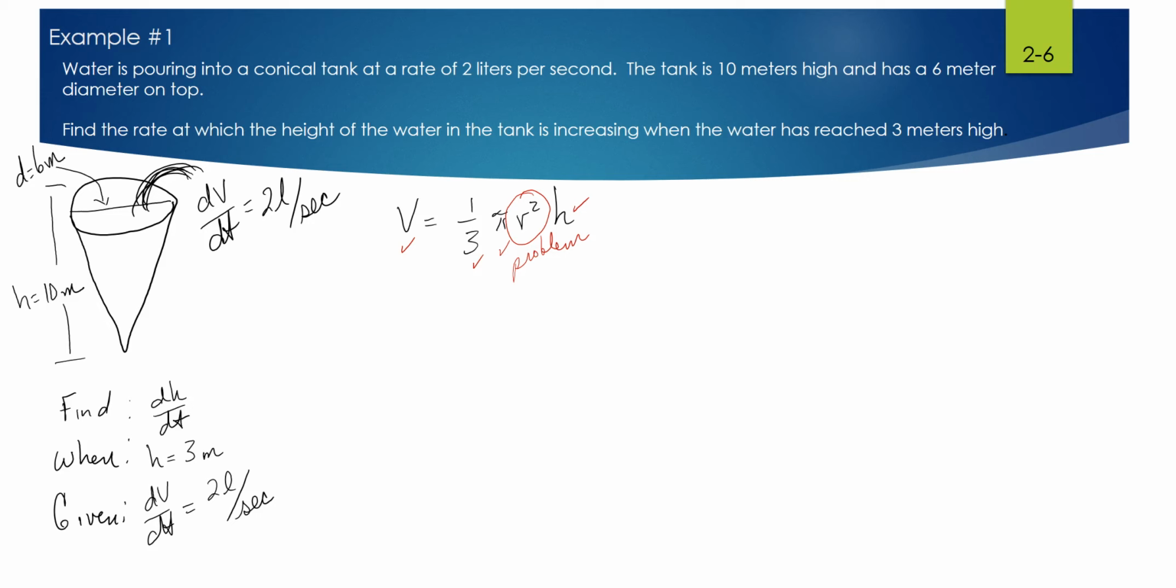So I'm looking for a relationship between r and h, and I remember from geometry that if water's pouring into a cone, it's creating a similar cone in the base, so that the radius is similar in the water as it is in the tank, and the height is similar in the water as it is in the tank. And so if r is half of my diameter,